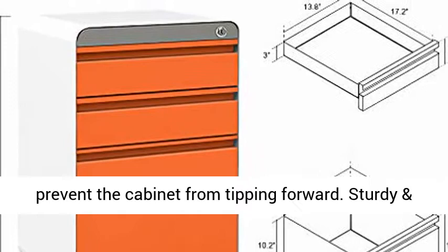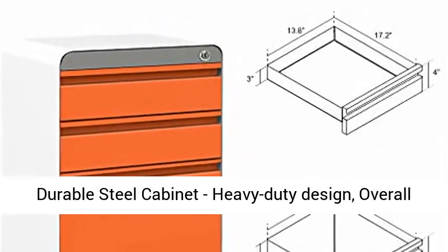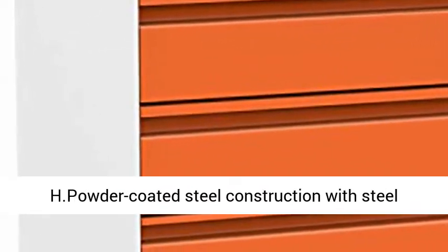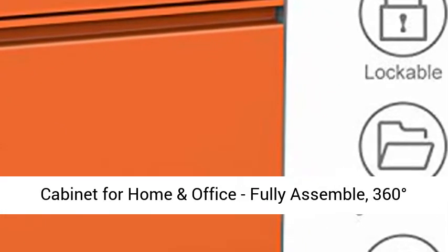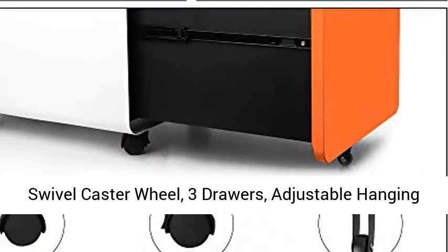Sturdy and durable steel cabinet, heavy-duty design, overall dimension 15.7W x 19.7D x 24.4H, powder-coated steel construction with steel interior and lockable design keep the safety of your belongings and privacy at any time. Round corners are better to prevent damages. A great file cabinet for home and office, fully assembled, 360 degrees swivel caster wheel, 3 drawers, adjustable hanging bar,